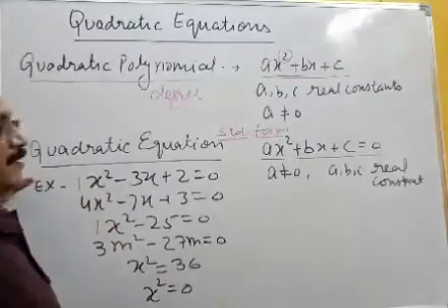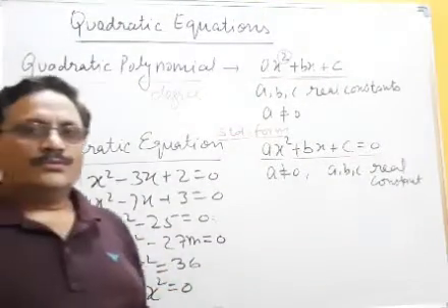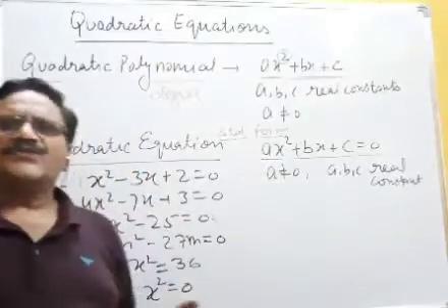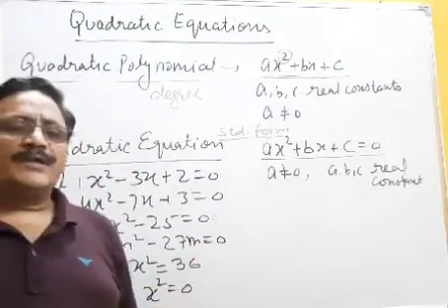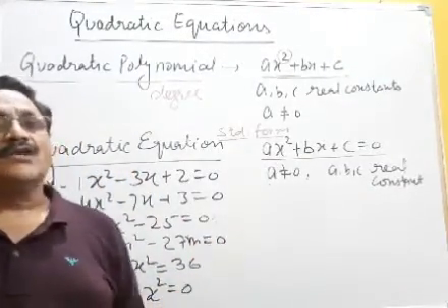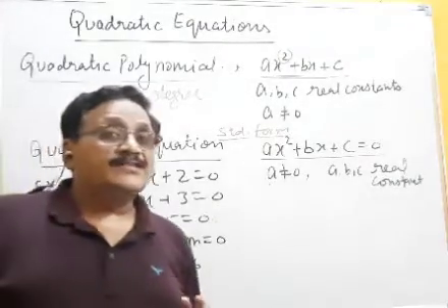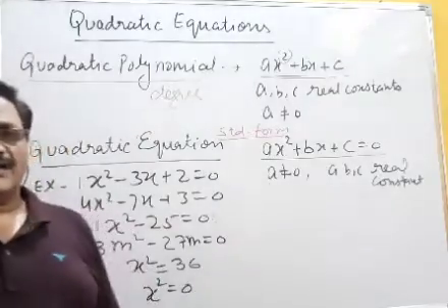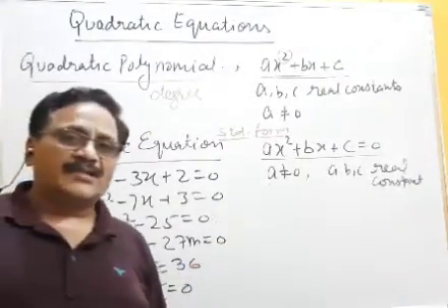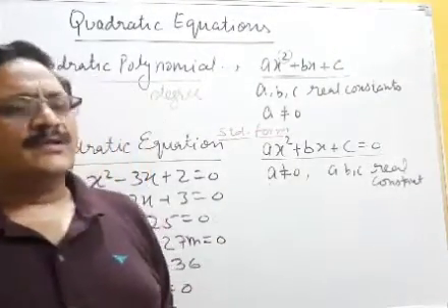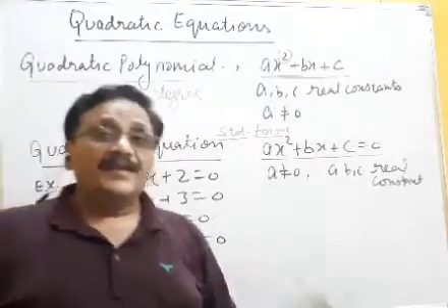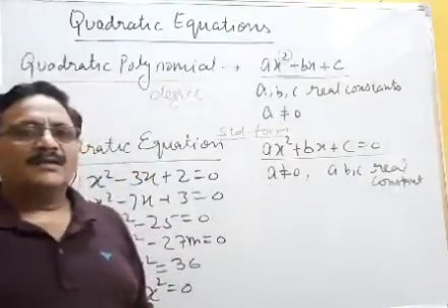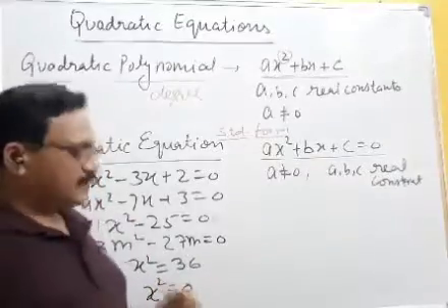Same thing in quadratic equation. When you have any algebraic expression or polynomial with an equal sign, that is called an equation. Without an equal sign, it is not an equation. If you are writing 3m plus 15, what? Nothing. This is only a simple algebraic expression, or you can say a linear polynomial. If you write 3m plus 15 equal to 0 or to another number, this will become an equation. The same thing is here.